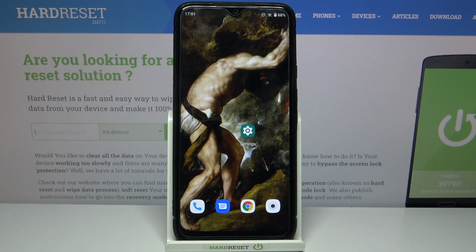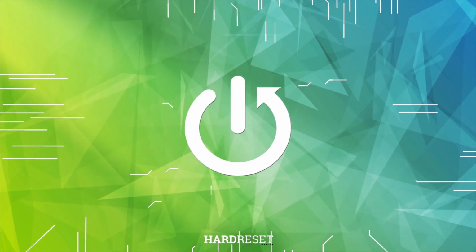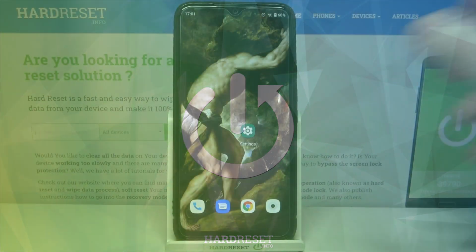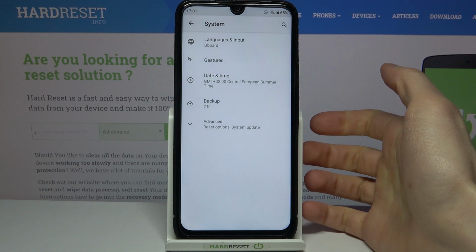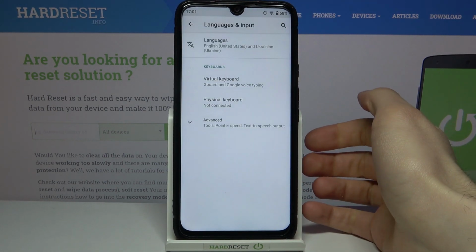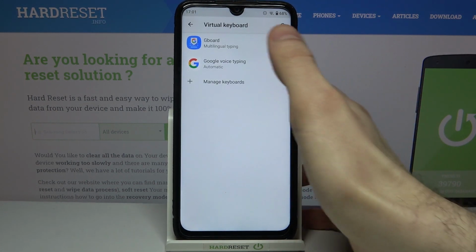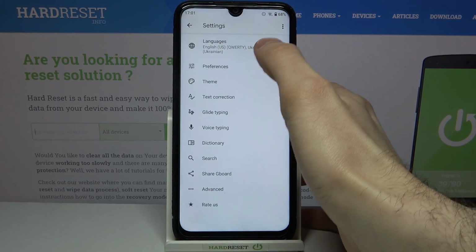Here I have Vivax Fly 6, and today I'm going to show you how to change keyboard language on this device. So firstly, you will have to open Settings, then go to the System section, Language and Input, Virtual Keyboard, Gboard,